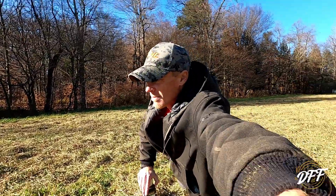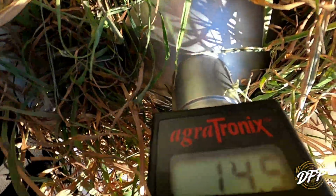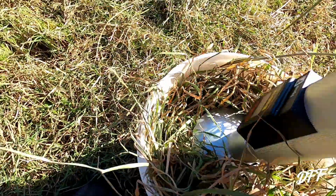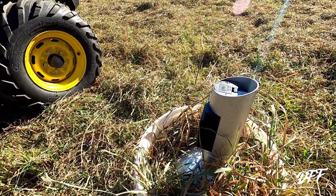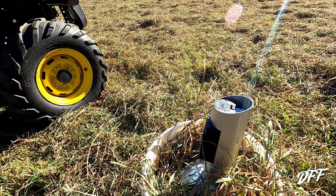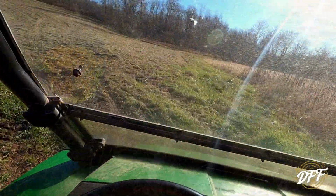14.5. Tip you upside down here. 14.5. Another big surprise. Again, doesn't feel this dry. So let's go over to the other field and we'll just do one spot over there. That hay to me seemed drier than this field, so